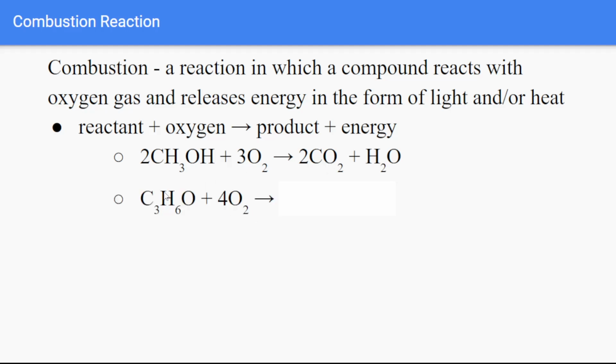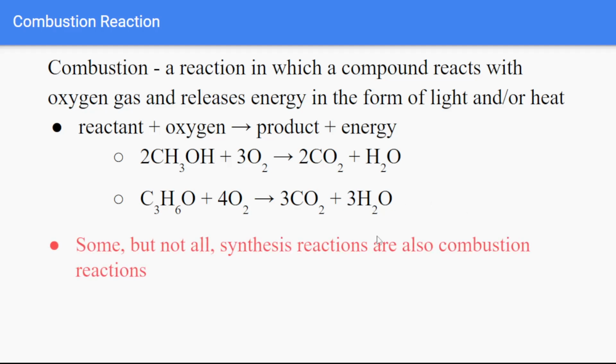Well, what do you think the product of this combustion reaction is, right? We have a hydrocarbon, we have oxygen. What do you think the product will be? CO2 and H2O. Every time it's the same product. Now, sometimes